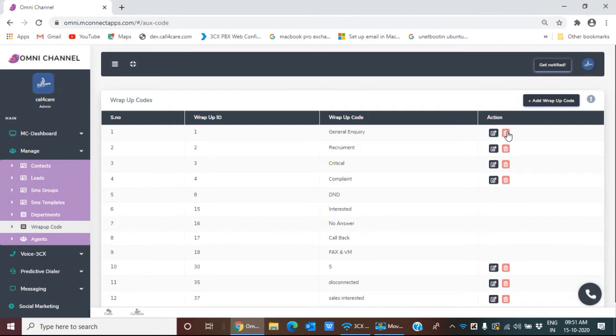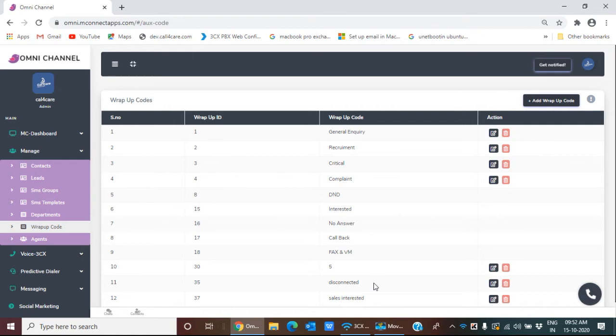It is also very useful for the manager to take a quick glance at the customer interactions and the agent performances and to devise further business strategies. Not only about customer interaction, sometimes wrap-up codes also indicate the issues that are happening internally. For example, I have created a wrap-up code, disconnected.